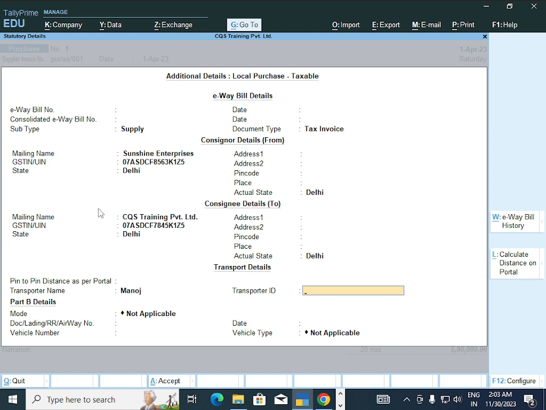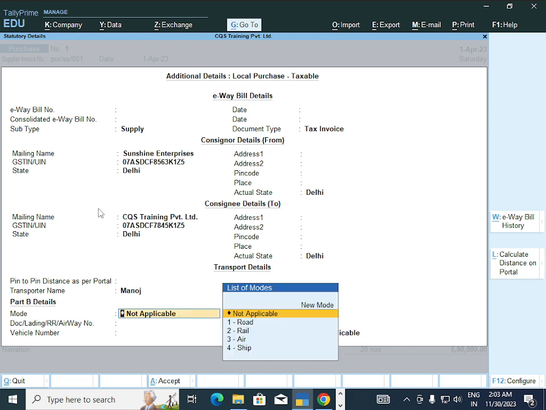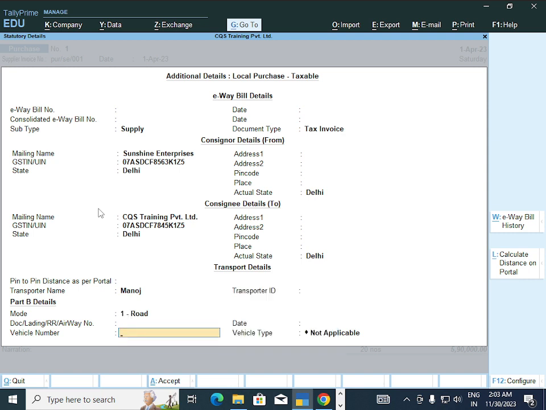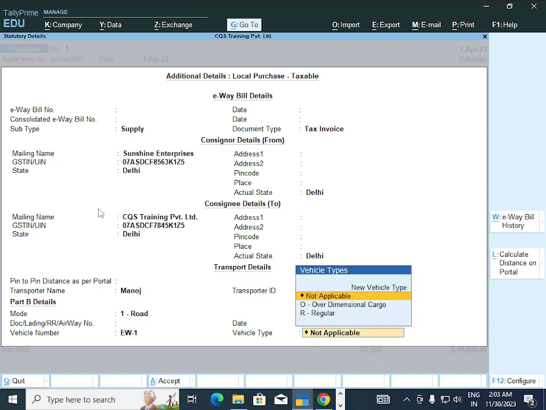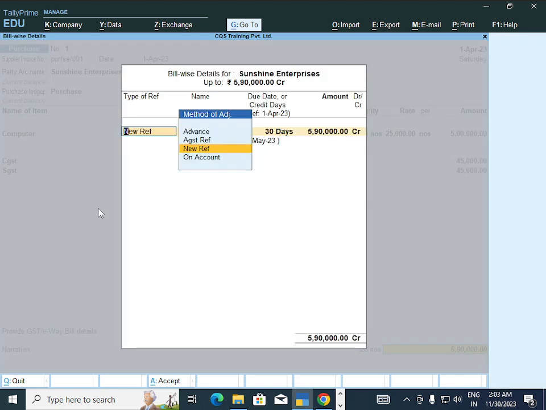Transportation ID is optional. Mode of transport is road. Vehicle number, EW1. Vehicle type is regular. Enter. Method of adjustment: this is my fresh bill, that's why I am selecting new reference.